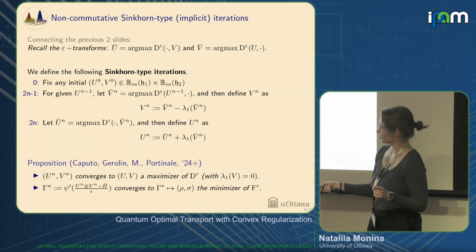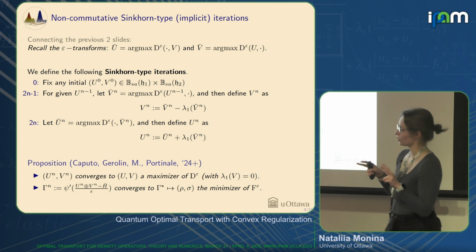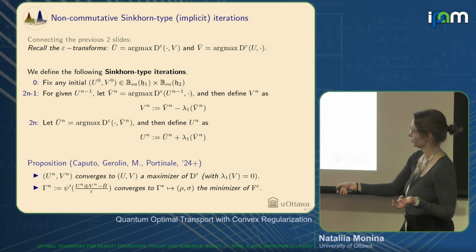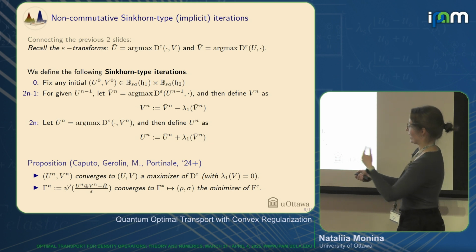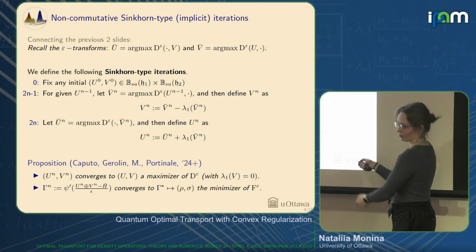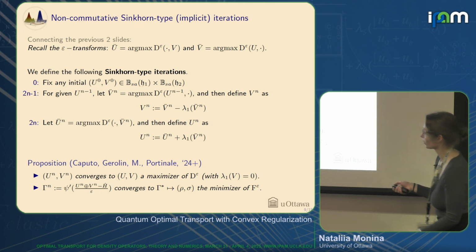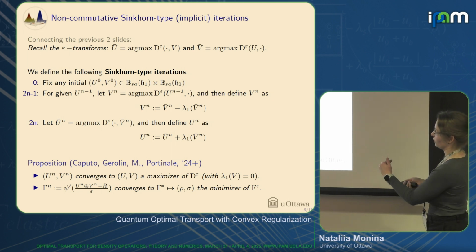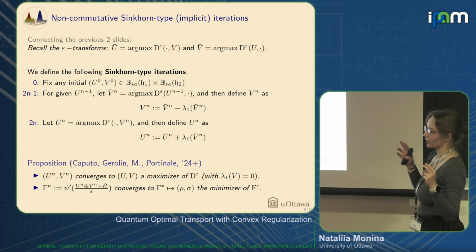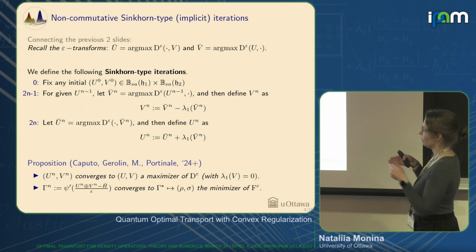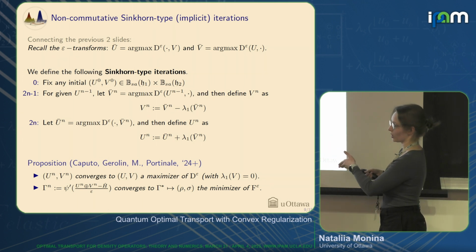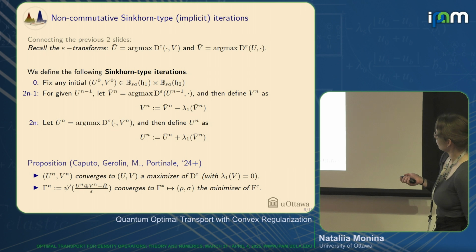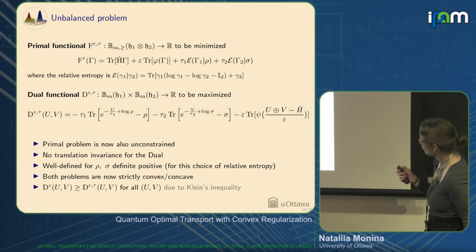At the same time, if we define at each step the gamma n that has this special shape, it actually converges to a gamma star, which is the minimizer of the primal problem. So in this case, we define a special maximizing sequence, and if you define gamma n, it converges to a minimizer of the primal. All right, so now